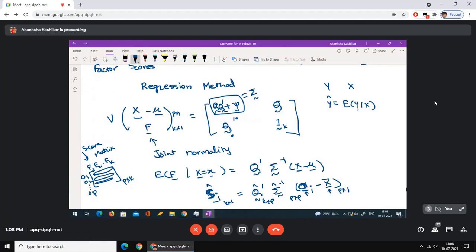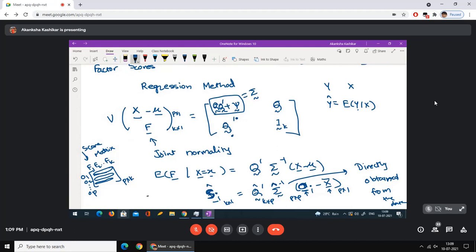Okay. Now there is one more doubt you can perhaps ask: should I take the sigma hat that I directly obtained from the data, or should I take this form of sigma hat, Q hat Q hat prime plus psi hat? It is recommended that you take the sigma hat which is directly obtained from the data, because when you do Q Q prime plus psi, you are already having some error in it. So to reduce the final error, you use sigma hat directly obtained from the data, and you use the loadings that are estimated, and then X bar is of course estimated. So this is how you can compute factor scores.